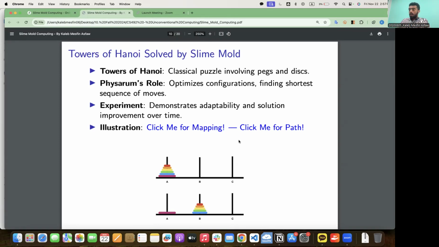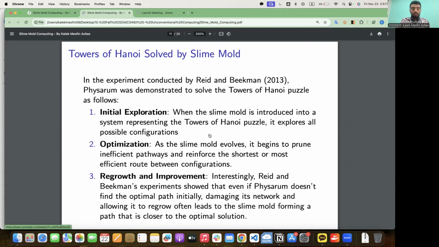In an experiment conducted by 2 scientists, the slime mold was shown to solve the Towers of Hanoi puzzle. When the slime mold is introduced into a system, which is the planar graph representing the Towers of Hanoi puzzle, it distributes itself and explores all the possible configurations. Then as it evolves,